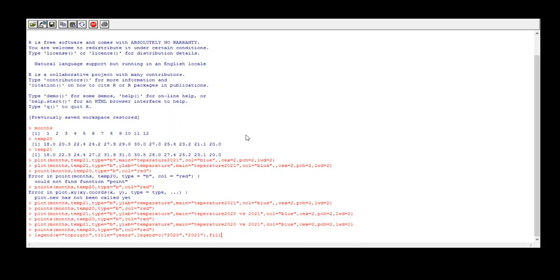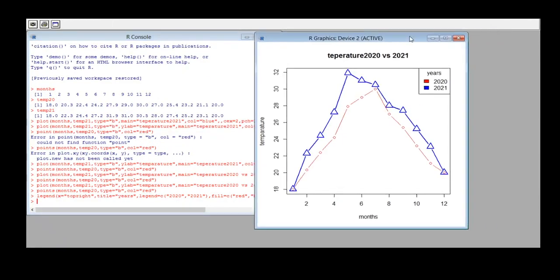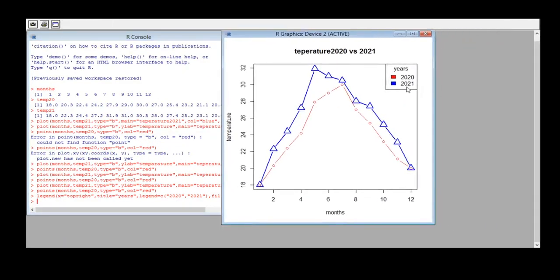Now we need to fill this by color. So first we have year 2020, which is red color, and year 2021, which is indicated by blue color. Let's see how the legend appears in the graph. See here, the legend has appeared on this particular graph.